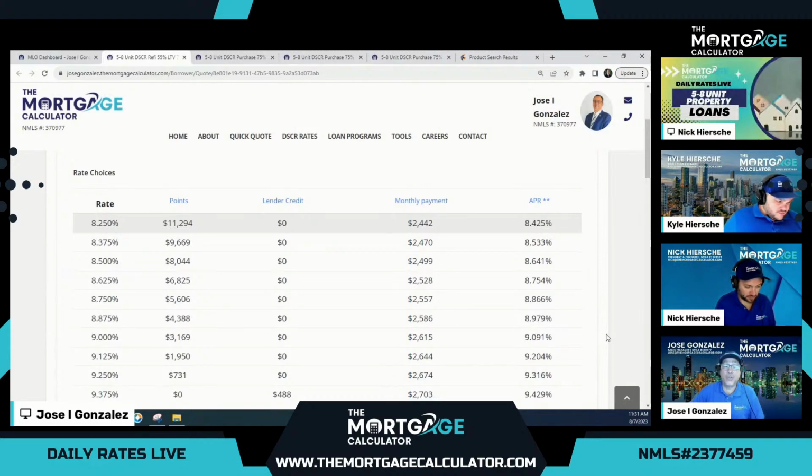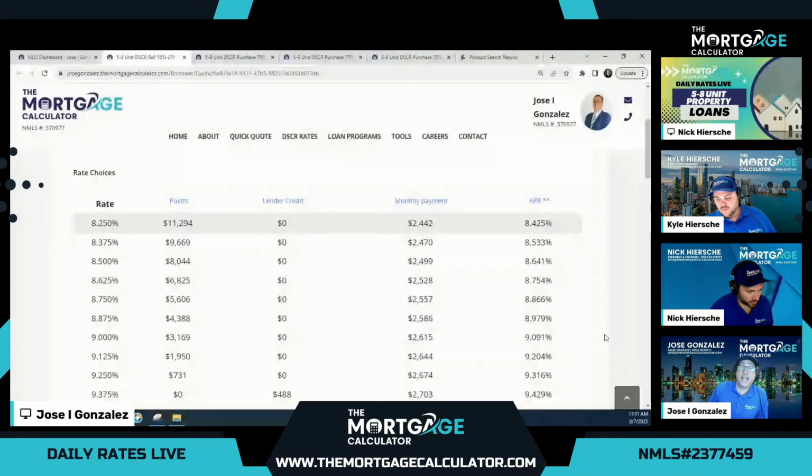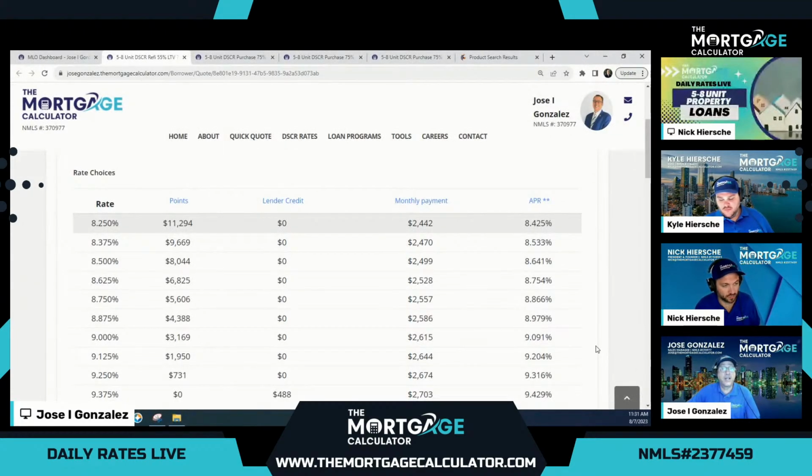Keep that in mind because they do let us go down to a 660 for the purchase, but 700 is the lowest for our best case scenario rate option. We do have other rate options that are higher that will go to a lower credit score.